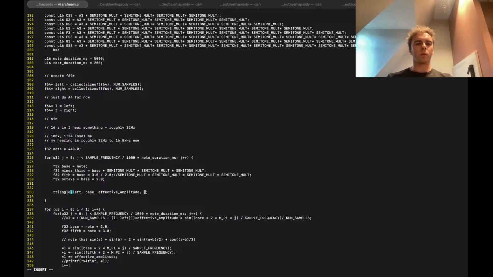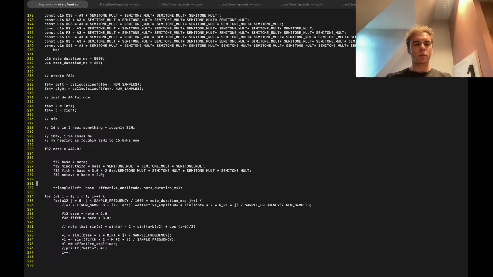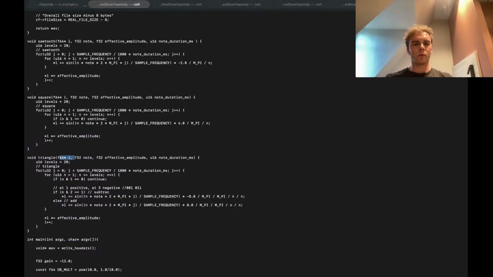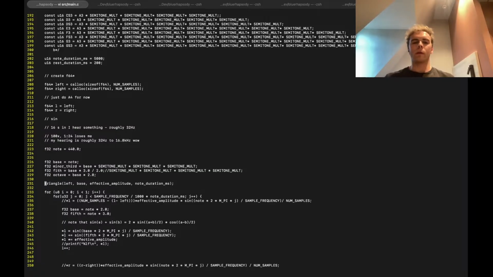Oh, we already had the for loop. We don't even need the for loop then. Okay. See if it works. And the last one is, no, that's it. Okay. I guess we could pass in level, but